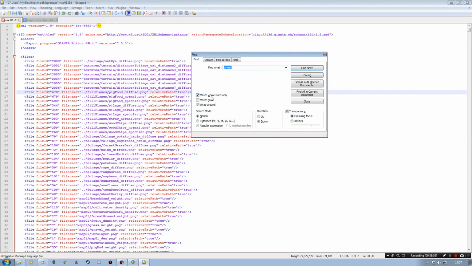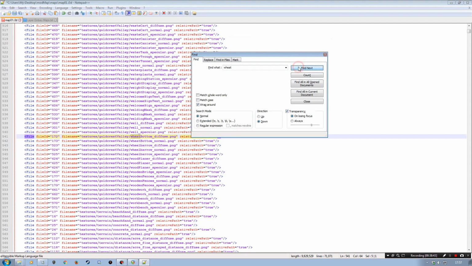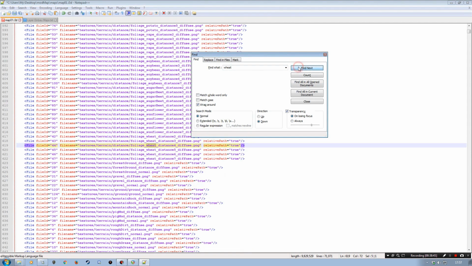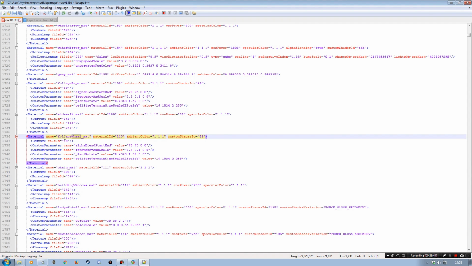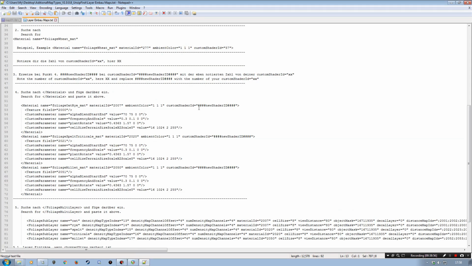So what I'll do is I'll uncheck the match whole word only, and if I then scroll through and we come to the actual wheat material, I can look across here and we've got our foliage wheat and our custom shader ID is 49. So what I can do now is just basically come over and put in that space